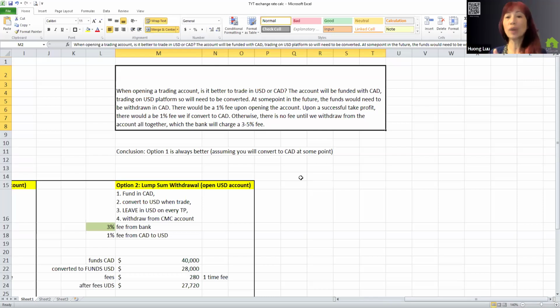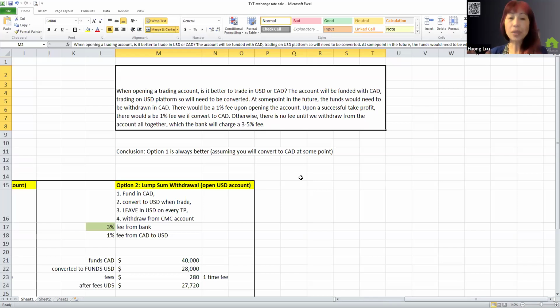I just leave it in there as US, and then that keeps operating trading on the US platform. And then once it builds up to a big, big chunk, then that's when I would look at withdrawing it in US to Canadian in Canada. With that option, which is the second option here, there would be an additional 3 to 5% fee from the